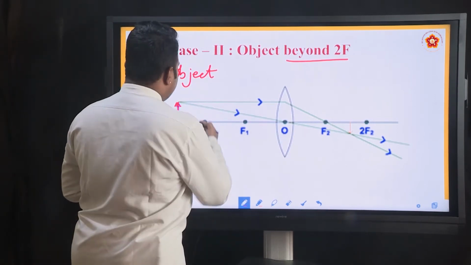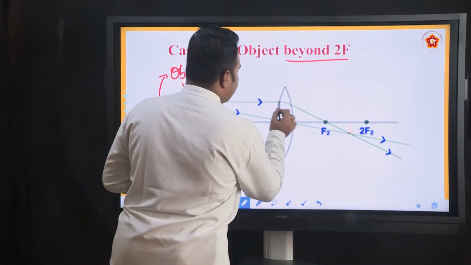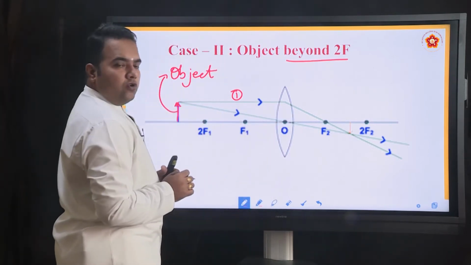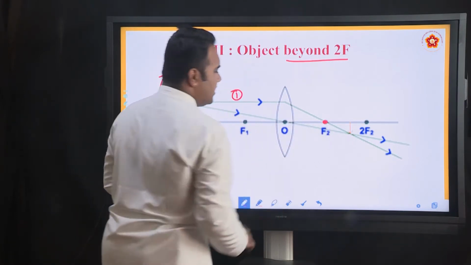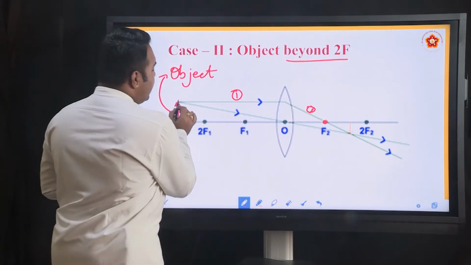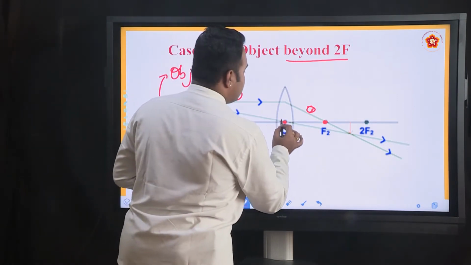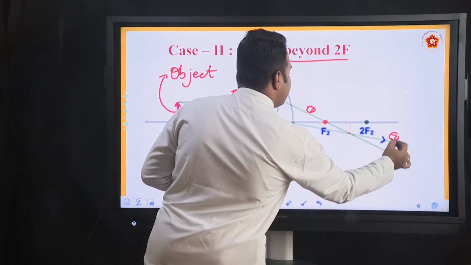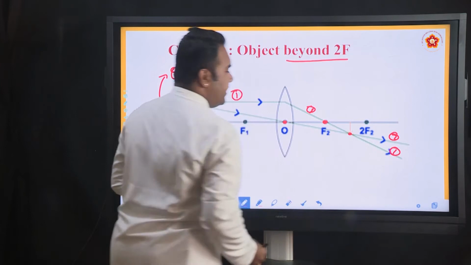There are many rays of light that are emerging from the object. Out of those rays, we pick up one ray which is parallel to the principal axis. Look at this ray 1, parallel to the principal axis, and due to rule 1, we know that any ray of light parallel to the principal axis passes through the principal focus on the other side. So this is how ray 1 emerged on the other side of the lens, and any other ray of light which is passing through the optical center goes undeviated. So this is how the ray of light passes and goes off. This is our second ray, this is our first ray. Now this is the point at which these two rays meet.